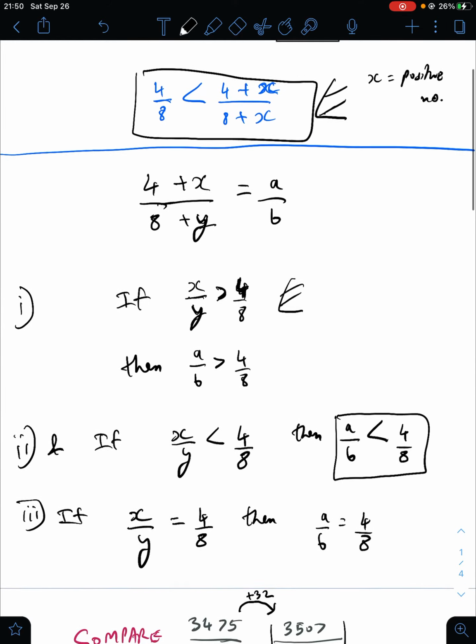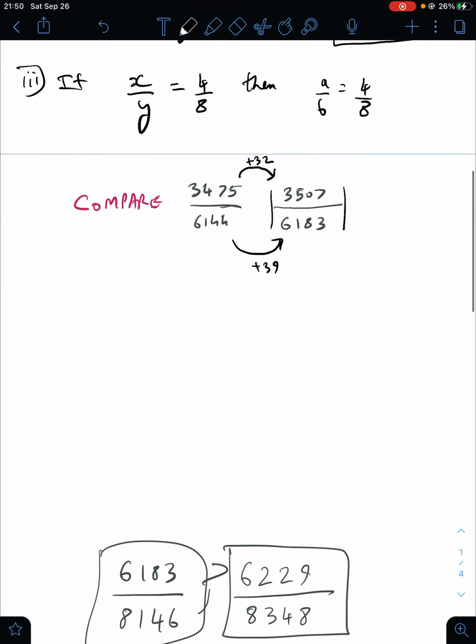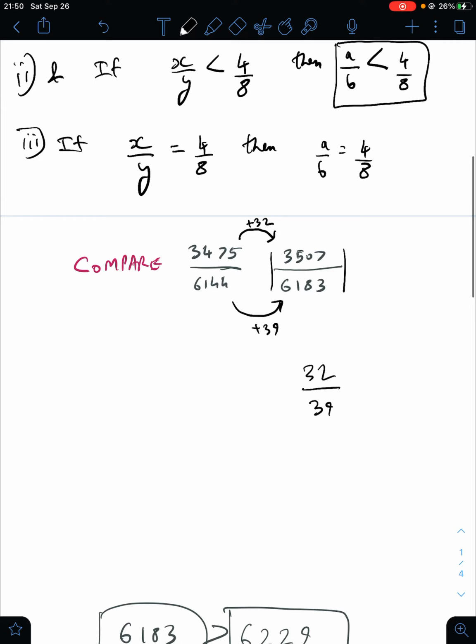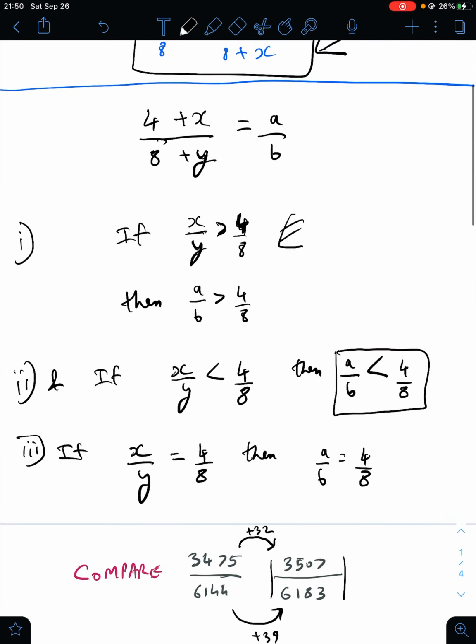Now let's apply this concept to the problem that we have. Now we have to find out what is greater, 3475 by 6144 or 3507 by 6183. What we do is we just find out the difference between the numerators and the difference between the denominators of the two fractions. So the differences that we have are 32 and 39. This is our x and y,